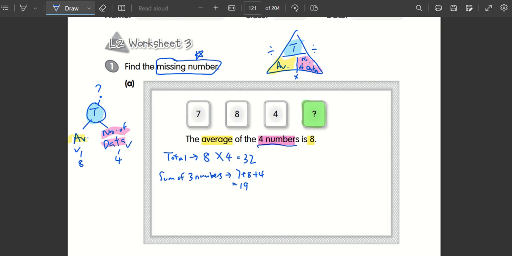Okay, so to find the missing number in the fourth card, I can just take the total that I found from the first step and minus the sum of the 3 numbers. That will give me 13. Is that correct? Yeah. Okay, so